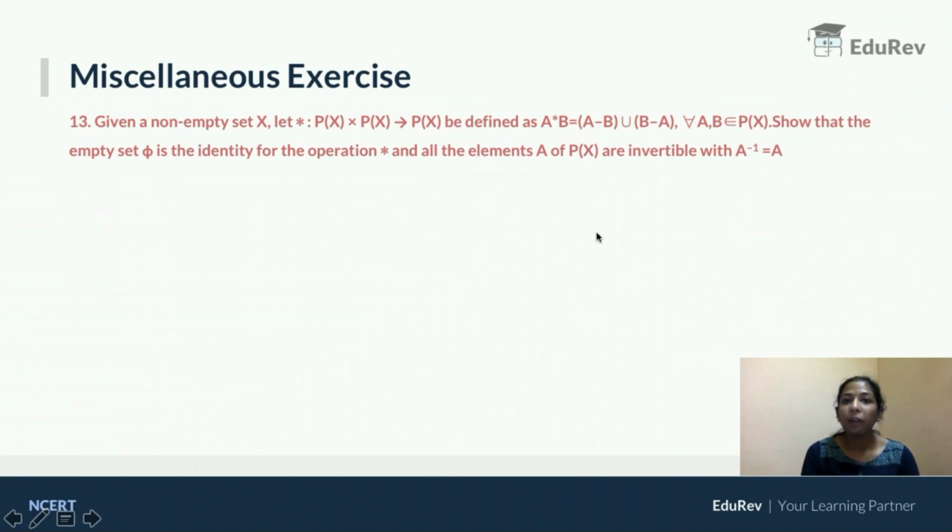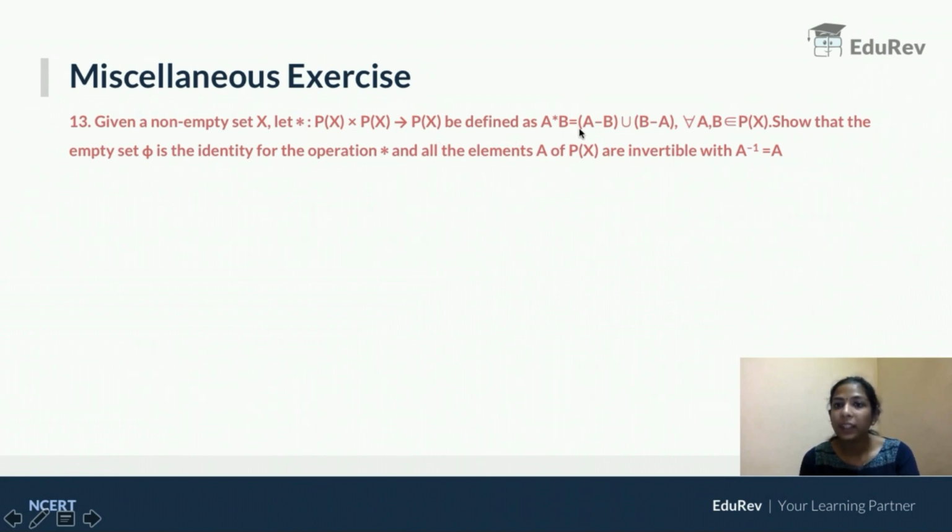So before that you have to know so many other terms. What is a power set of X? If X is a set, all the subsets, if you write, that is nothing but the power set. All the subsets of X will become the elements of the power set of X. And it is denoted by P of X or power set of X. So now what they are doing is they are doing an operation on the Cartesian product of the power sets of X. So the output will also be power set of X. But what is the operation?